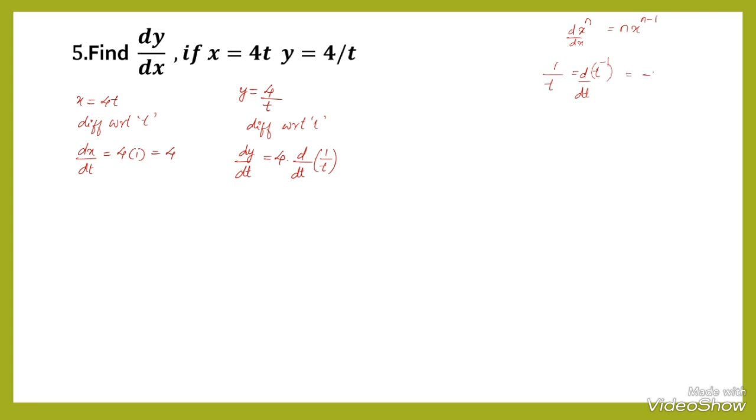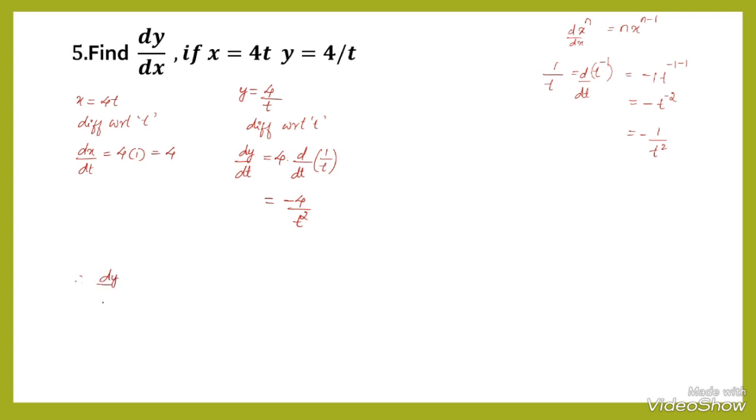Replacing n by minus 1, it becomes minus 1 into t to the power minus 1 minus 1, which is minus t to the power minus 2. Again taking t to the power minus 2 to the denominator, it becomes 1 by t square. So d by dt of 1 by t is minus 1 by t square, and dy by dt is minus 4 divided by t square. Therefore,